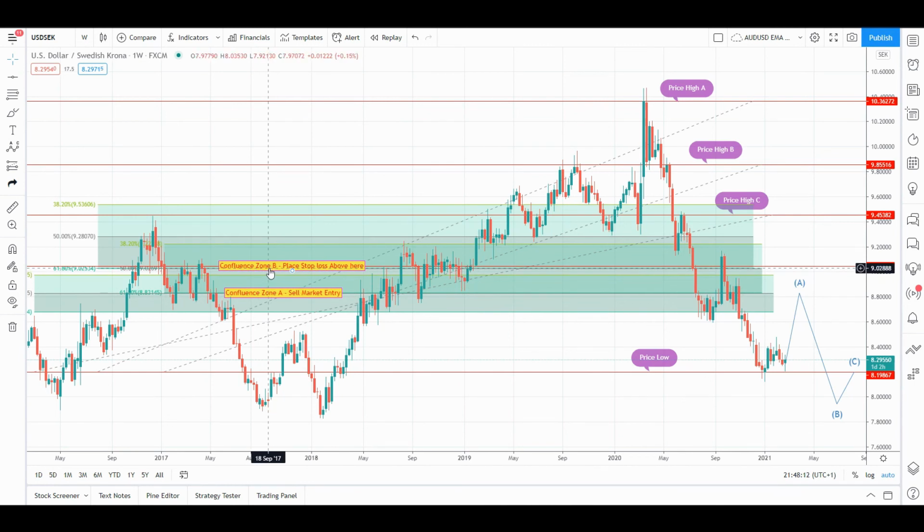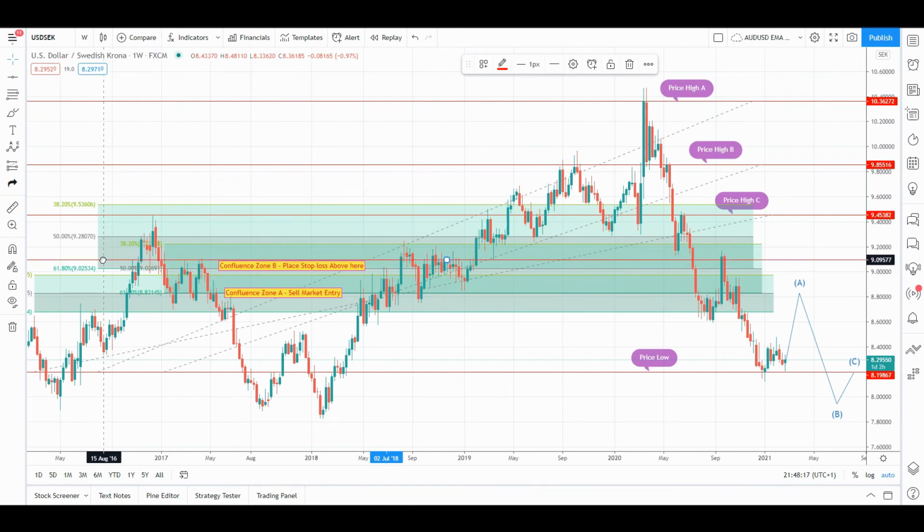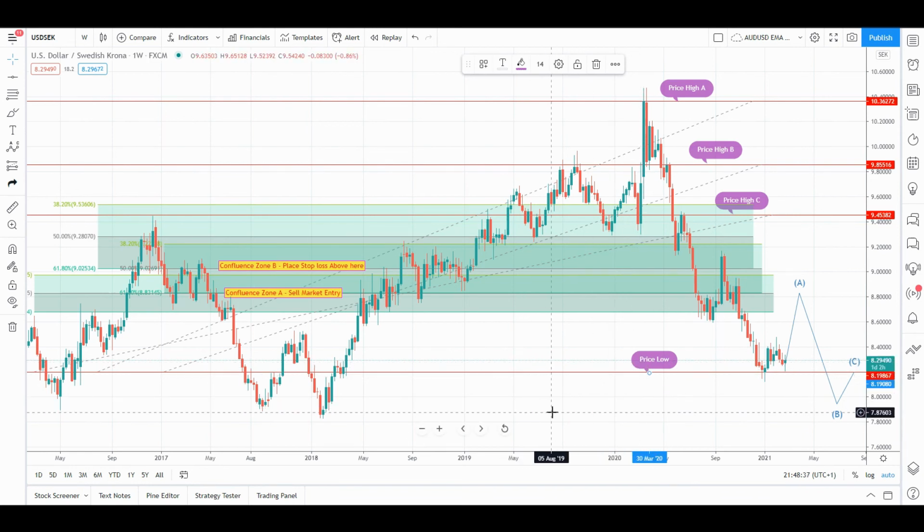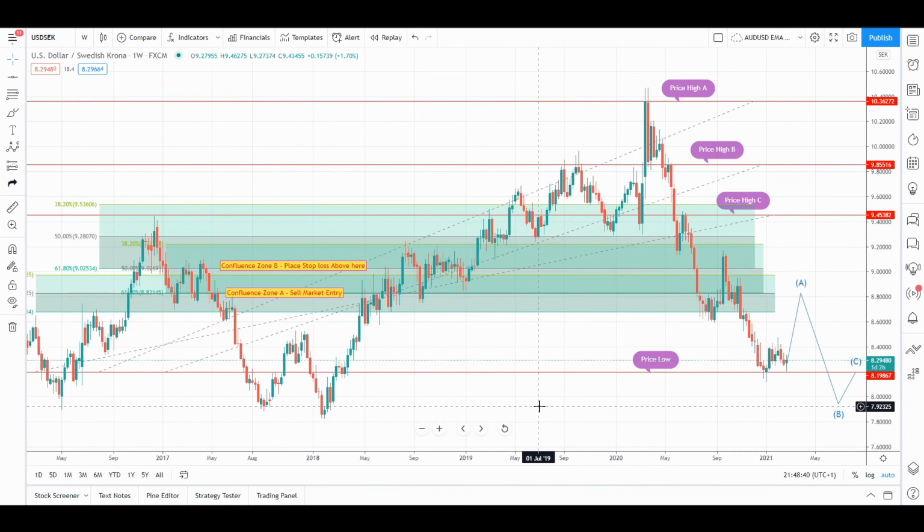What you can also do is actually wait until the market retraces back to the confluence zone A. Once the market retraces back to the confluence zone A, you can look at the 1-day time frame and look at what the oscillators are doing at that point, right? So you can see what the 1-day time frame oscillators are doing, and once they start to reverse back down, that is an indication that the confluence zone will be respected, and you can immediately place your market entry at that point. Okay,